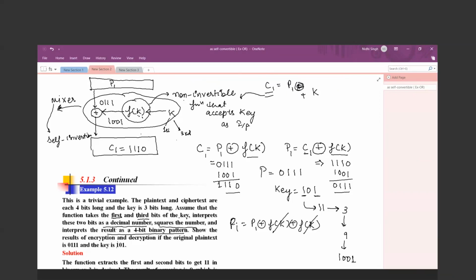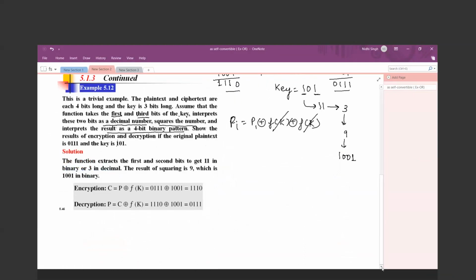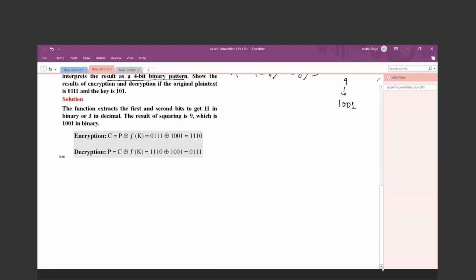So that's why we have to divide our plain text into two parts. Two parts means we have to divide my plain text block into L1 and R1. So this is my plain text, and I'm dividing it into L1, R1. So the left hand side I take as L1, and the right hand side block I take as R1.